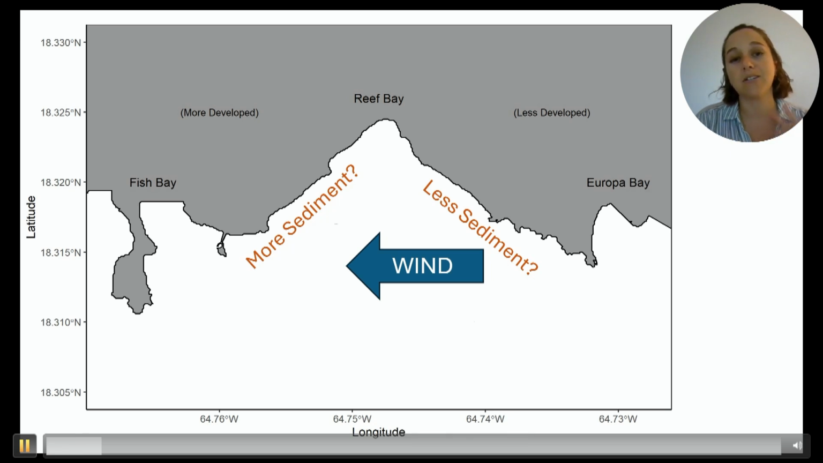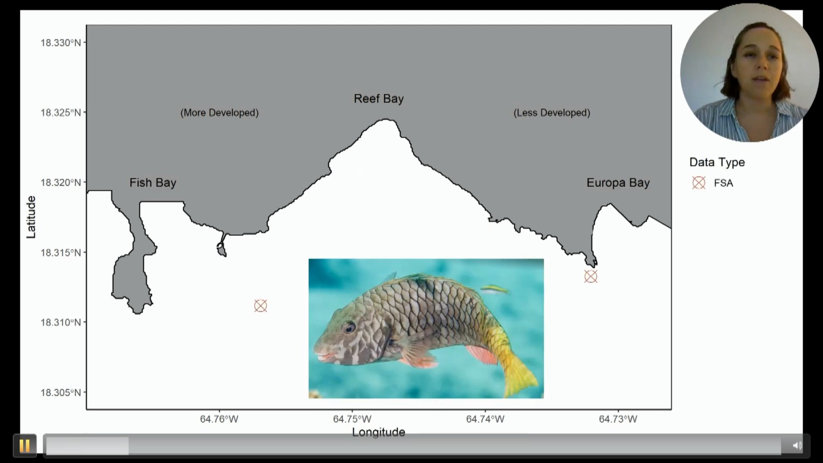In addition, there is increased development on the western side of the bay because a portion of the land area on that side is outside of the national park that takes up most of St. John. So we have increased development and increased opportunity for runoff on the western side. We suspect, and there's evidence, that this results in increased sedimentation on the western side as compared to the eastern side. The second reason we chose Reef Bay is that it's home to 2